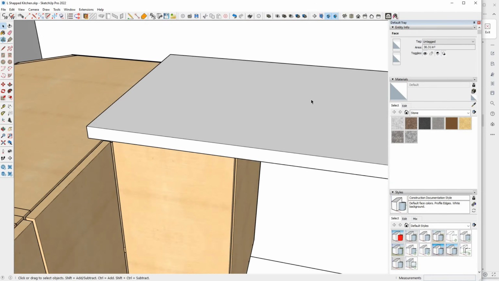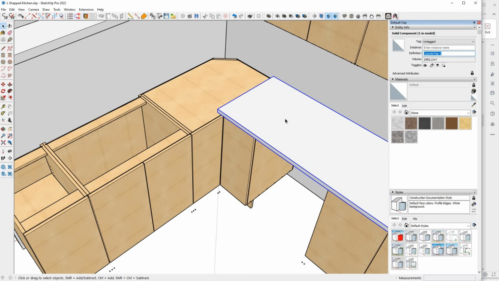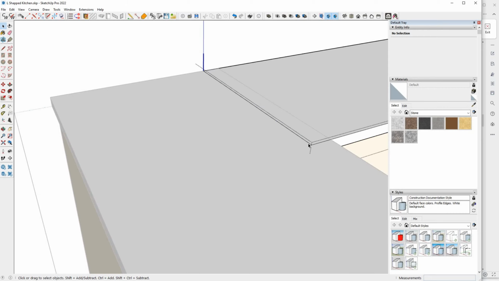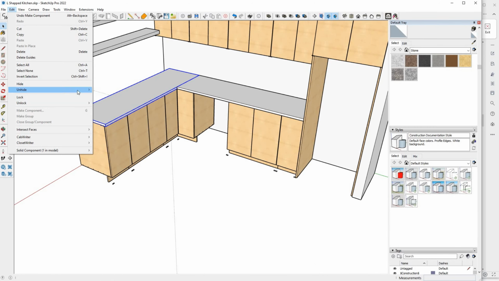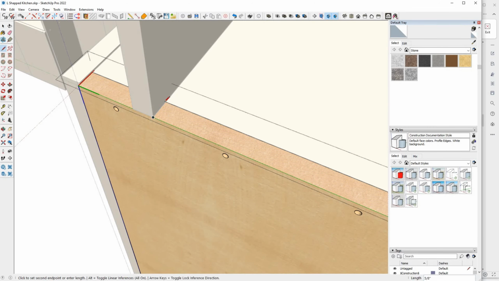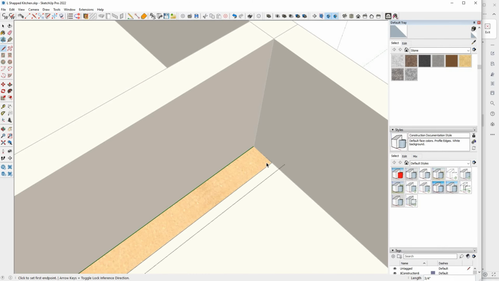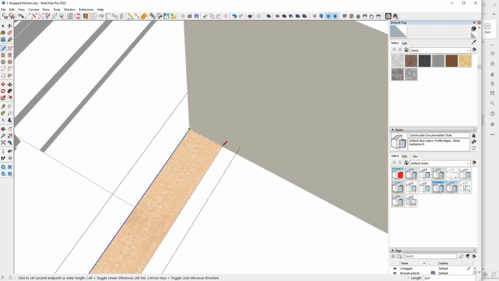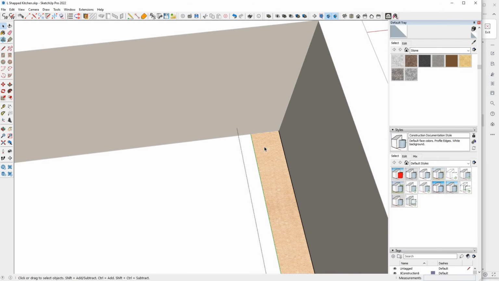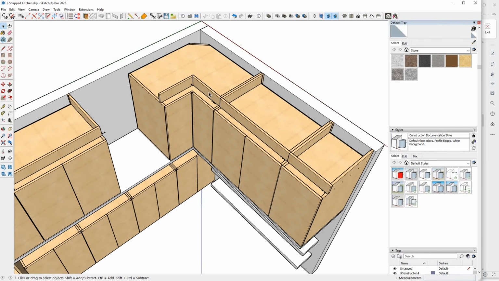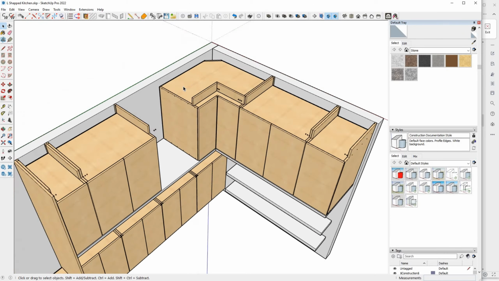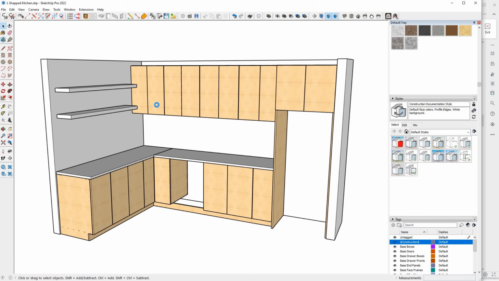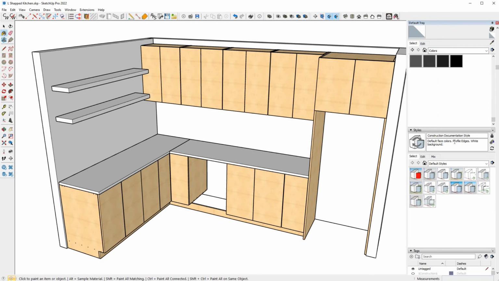After finishing those cabinets, I will just make the countertops. Again, because in this case we don't know which appliances will be used, I will not be making the cutouts for the sink and also the cooktop. That can be done on site, or we can also discuss it with the cabinet maker and I can make those adjustments as required. But for now, I'll just proceed and make the